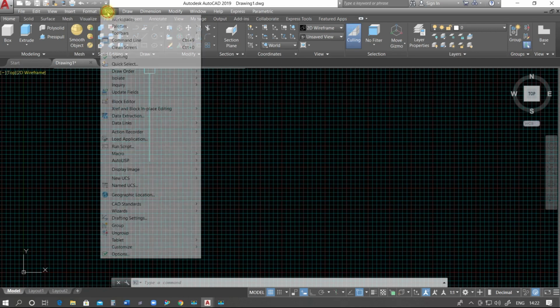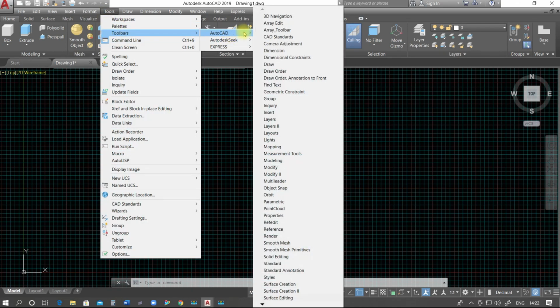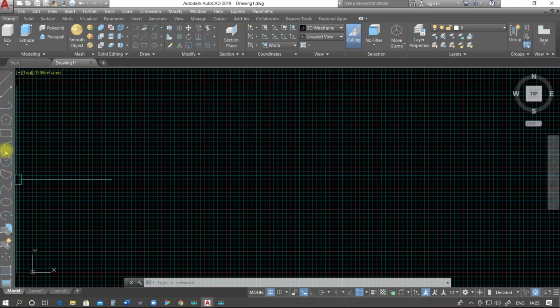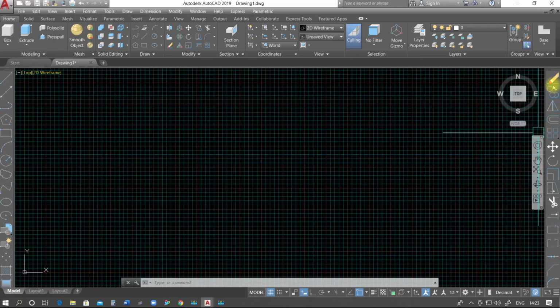Go to Tools and then Toolbar, AutoCAD. In this filter we have these toolbars. Suppose I want to use the draw toolbar. We can see that we have the option for draw toolbar. We click here. As we click this one, we can see that we now have the draw toolbar. Next one is the modify toolbar. The modify toolbar is on the right side, so again right click and there is the option for modify. Yes. Now we have the modify toolbar. So this is the draw toolbar and this one is the modify toolbar.